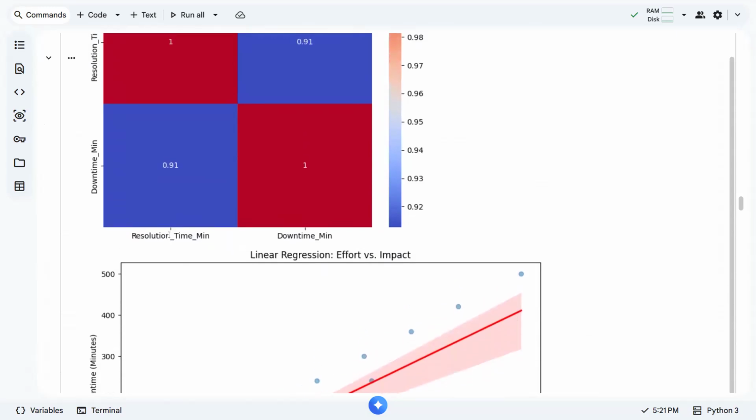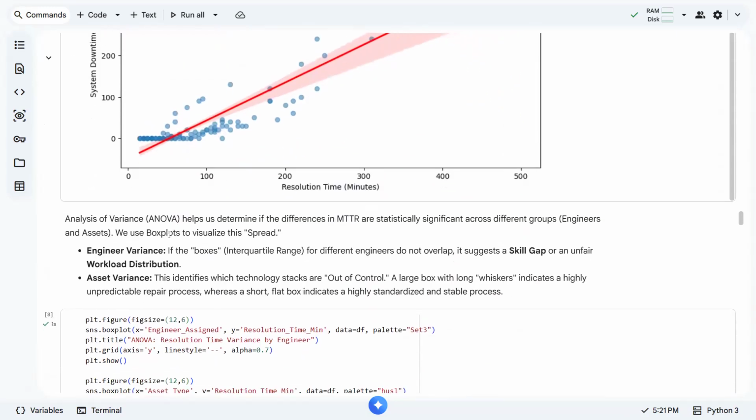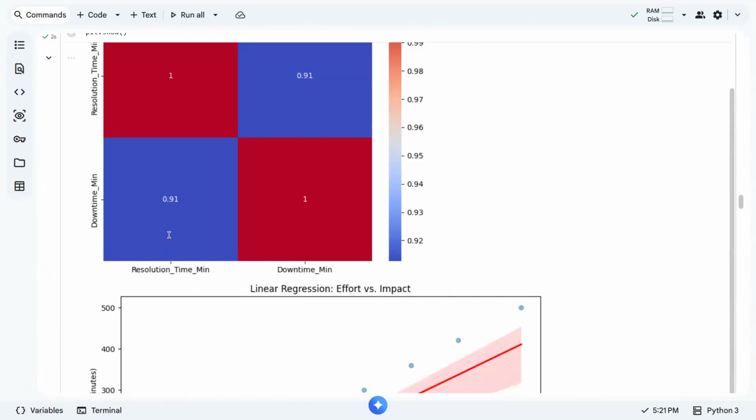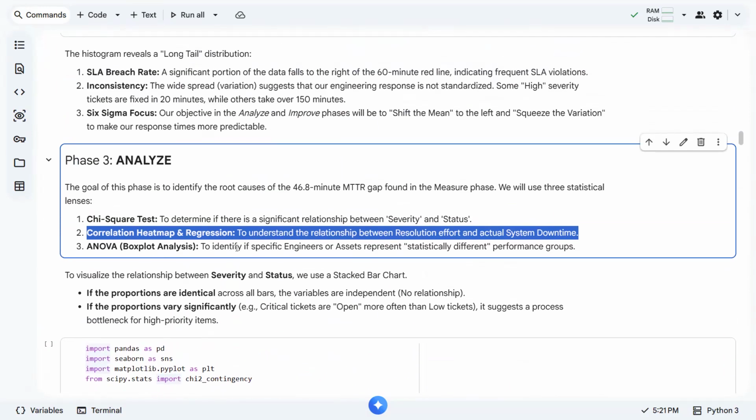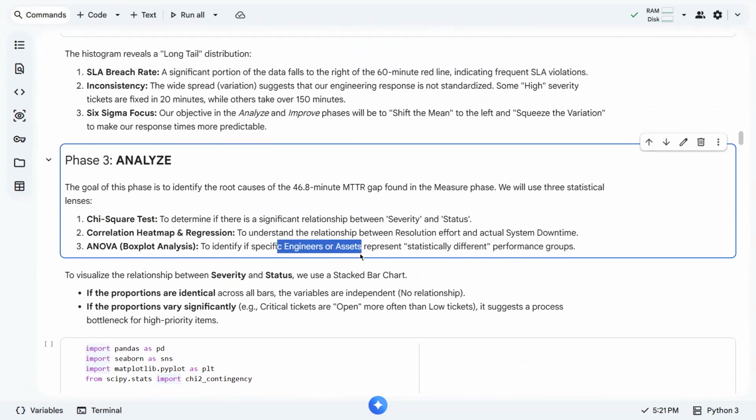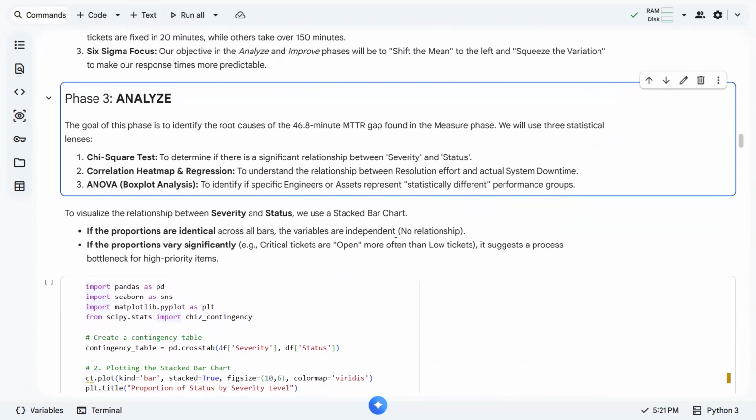Okay, so in terms of ANOVA, we are going to do ANOVA because we want to identify if specific engineers or assets represent statistically different performance groups. We want to investigate: is it because of the engineer or is it because of the asset?